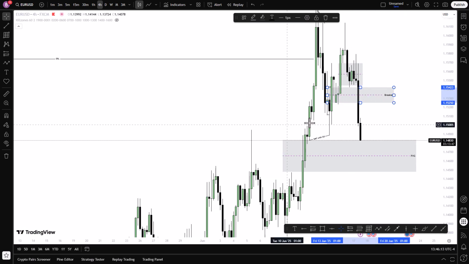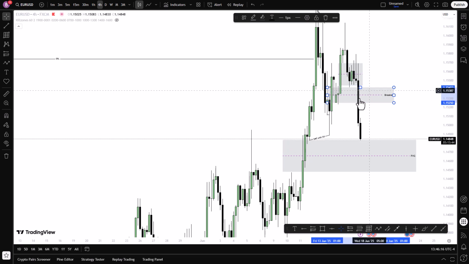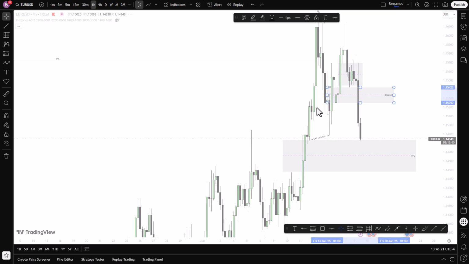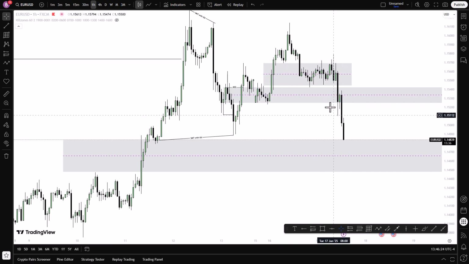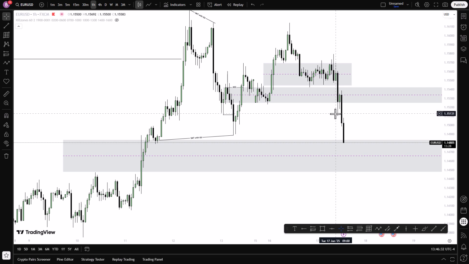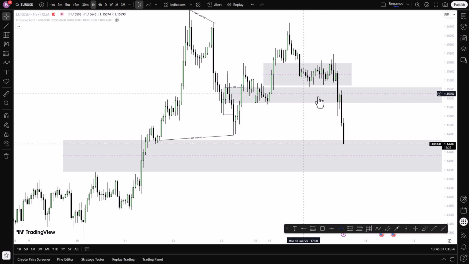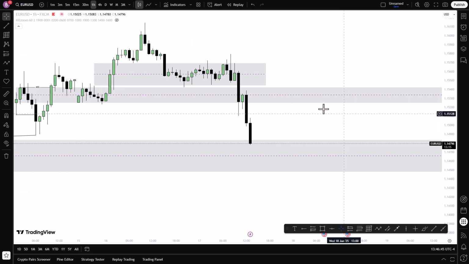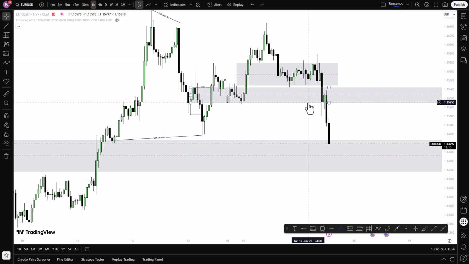Also within this range of fair value gaps, I will be looking for SMT divergence. On the 1 hour time frame, we see price doing the same, closing below this fair value gap, and then this breaker block was disrespected. We see price coming into this. This would have been a good trade from this point, because we see an inverted breaker block, a violation of this breaker block, and price returning back into it, violating it and coming back into it, respecting the main threshold. This could have been a good trade.